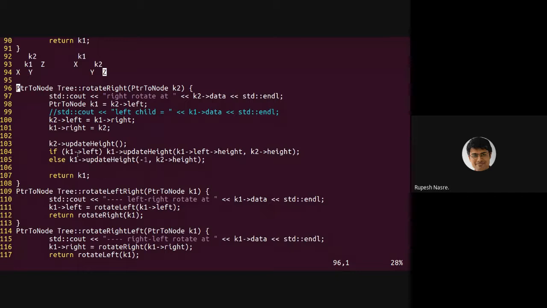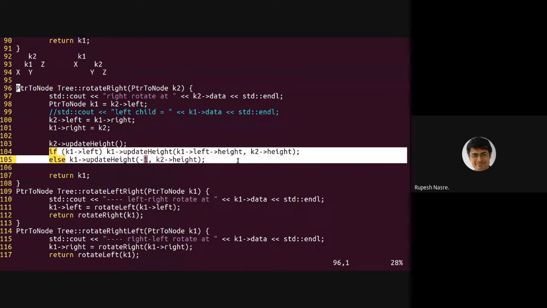Now I need to update the height of K1, right? So there are just two cases. X could be null or non-null. It is unlikely that it will be null, but anyway, this particular code is going to work irrespective of whether X is null or not.